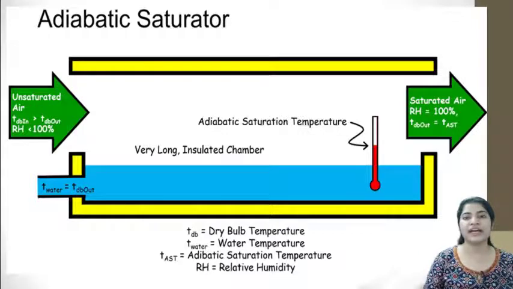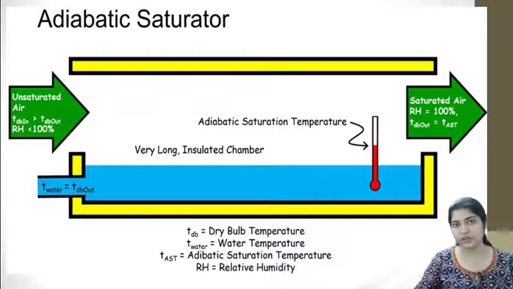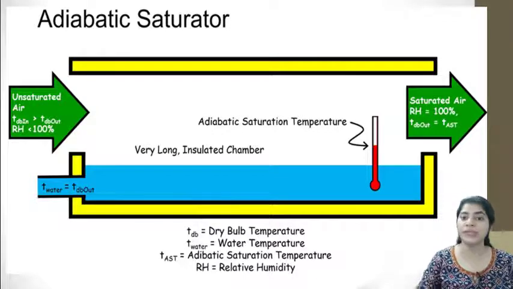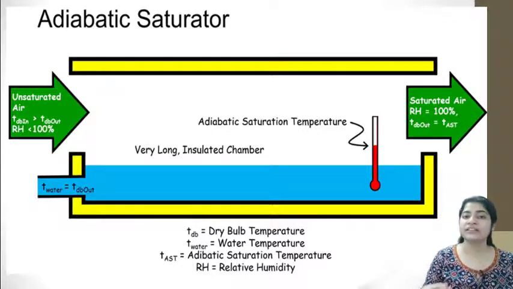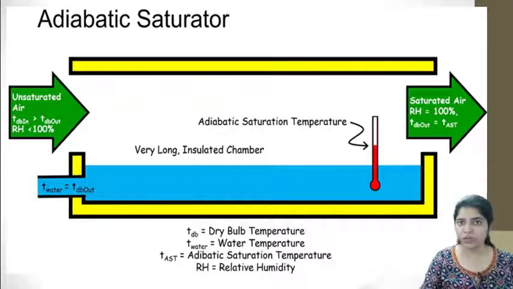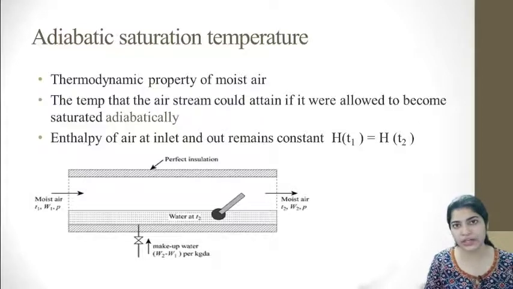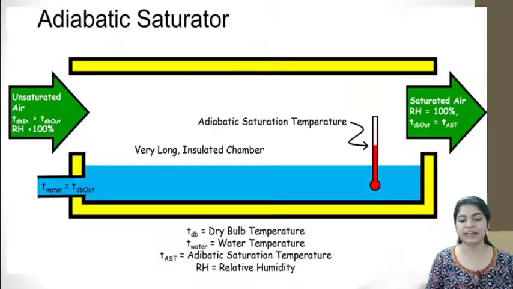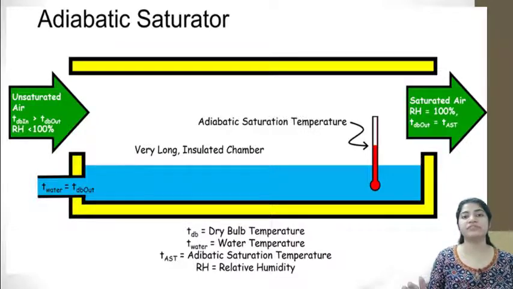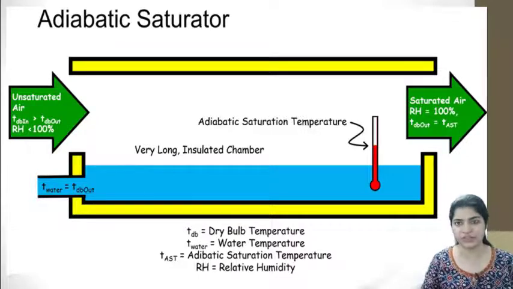So here you can see that as water is transferring into the dry gas, you are having a constant supply of water also to maintain the water level, and the condition at which you are supplying your water is the same as that present at the inlet of your saturator. So the temperature of water is the same here. The makeup water which you are supplying would again be at T2 temperature. So this is about your adiabatic saturator. This is the setup in which you can measure your adiabatic saturation temperature.